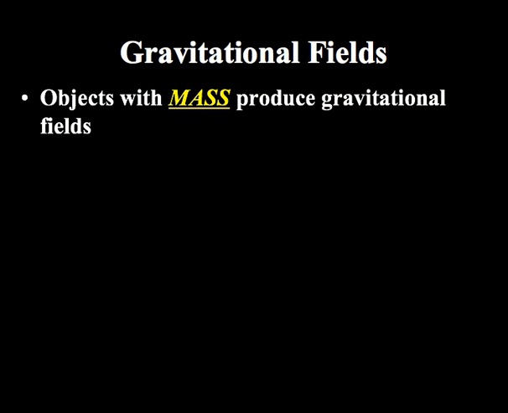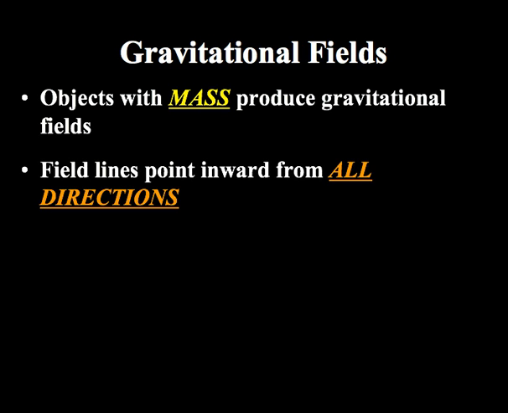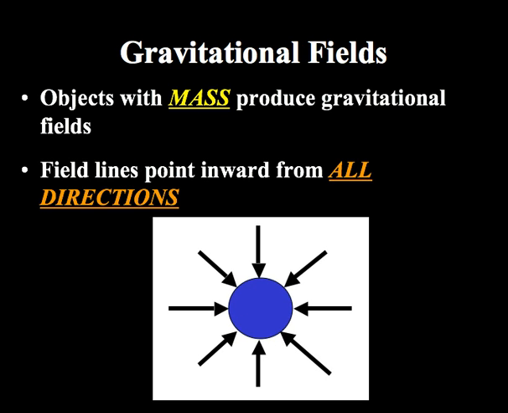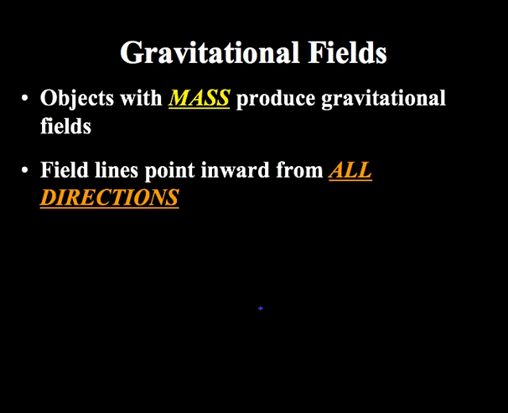Finally, let's look at gravitational fields. Objects with mass produce a gravitational field, and the field lines point inward from all directions. So that's the gravitational field around a body. And here's the gravitational field around two